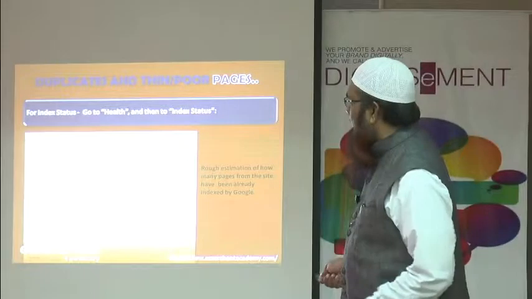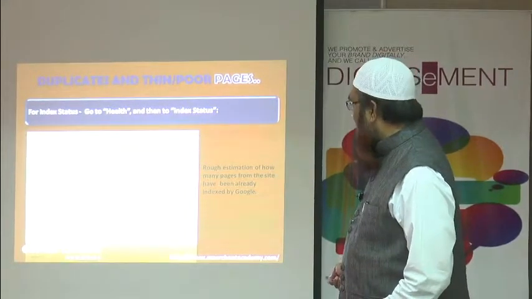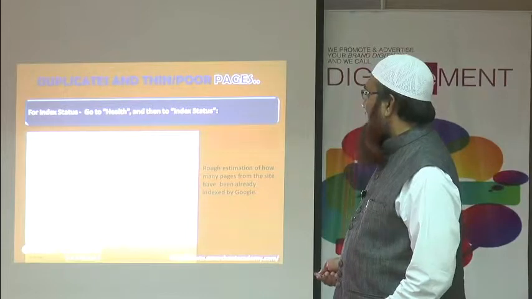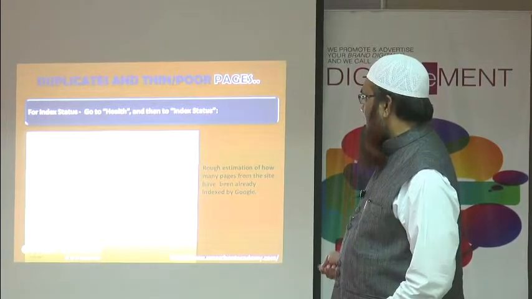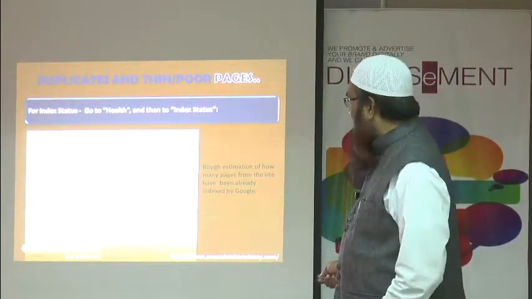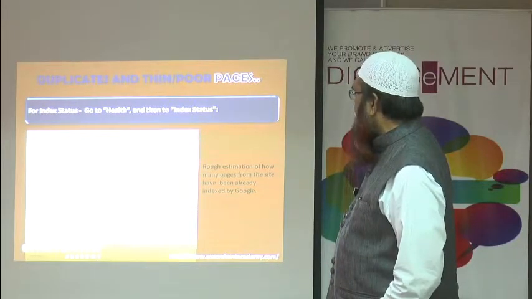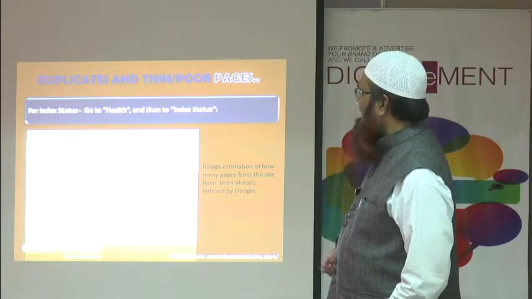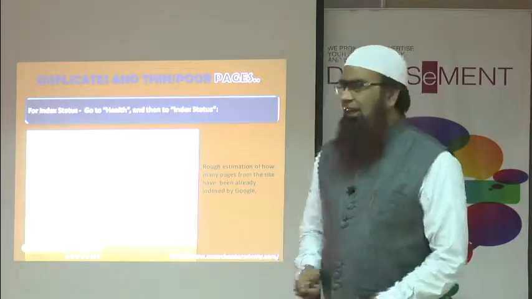So this is going to tell you how it has been indexed. Now this graph is also going to tell you how it has progressed over a period of time. During 2011, 2012, January, February, March and so on, you can actually see how it has grown slowly and slowly. And if there is a fall in it, you can also monitor it. So this is going to tell you how your pages were indexed by Google.